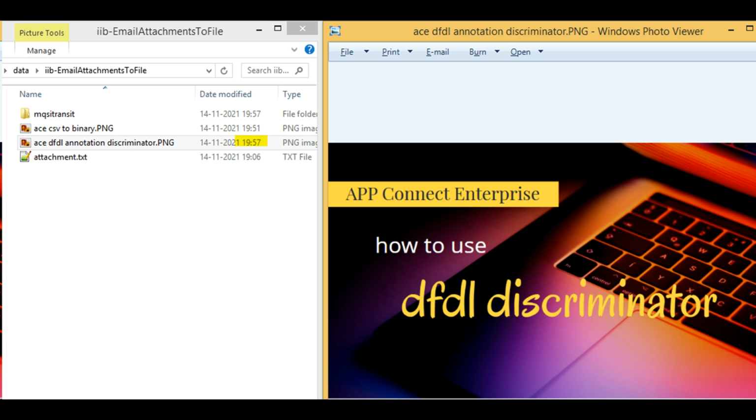Here is the timestamp of the file shown as 7:57 p.m. and the content of the file is displayed in an image viewing tool to prove that the data was not corrupted when IIB downloaded the file from the email attachment and saved it as a PNG file.